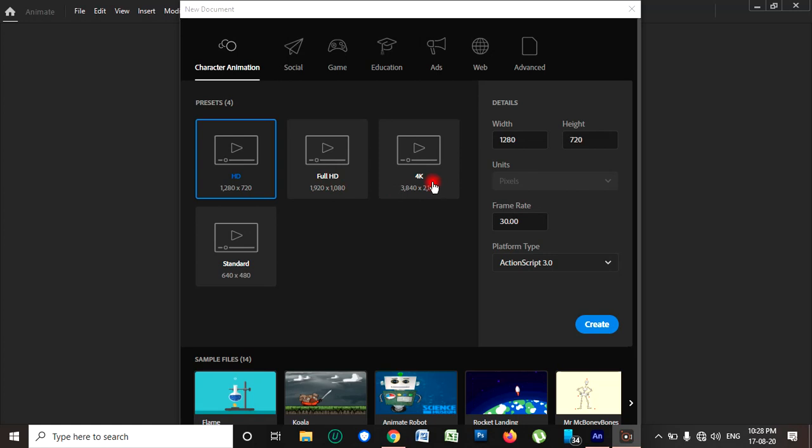This is the higher quality, and this is the standard mode, the basic one. Now here we are going to click on the Create option. First we are going to choose the HD video, and click on the Create option. Whatever file and New option we take, when we click on the Create option, the blank file will be created. We all know about that.